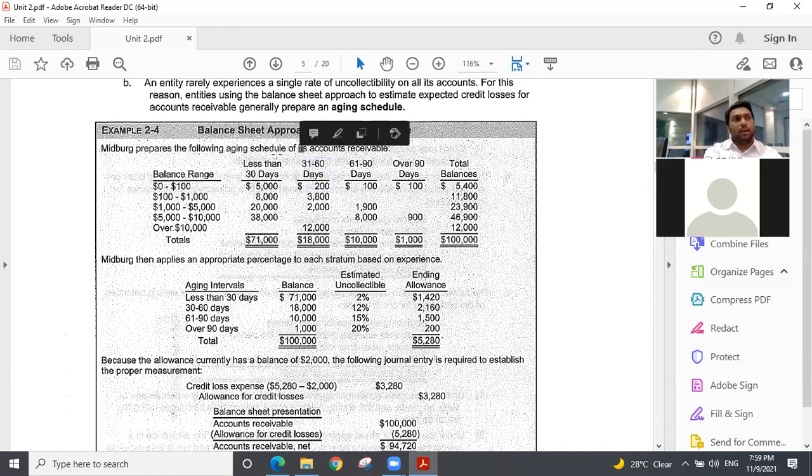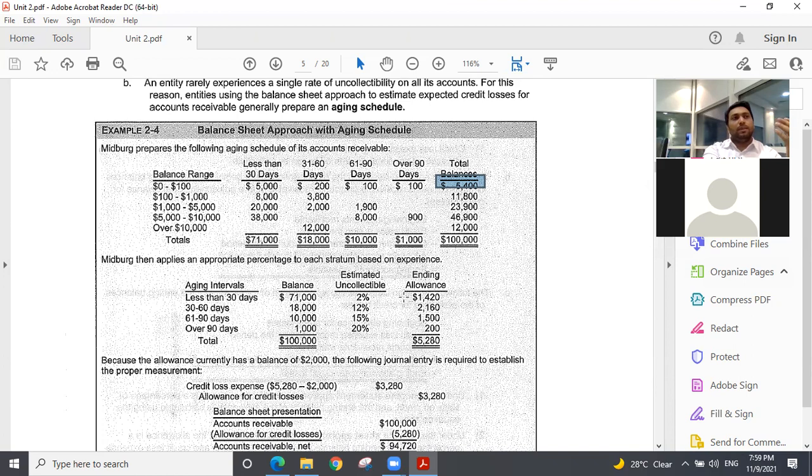In the same way, the total AR will be 5,400. In that, all the bills will be 10, 15, 90, 80, those bills, those invoices. The same way, you will have the balance range here, and you will classify on the days: 30 days, 60, 90, and over 90 days. So which one is more risky? Out of the 71, 18, and 10,000 and 1,000, which is more risky? The 90 days, right? If the amount has been pending for 90 days, there is less hope to collect.